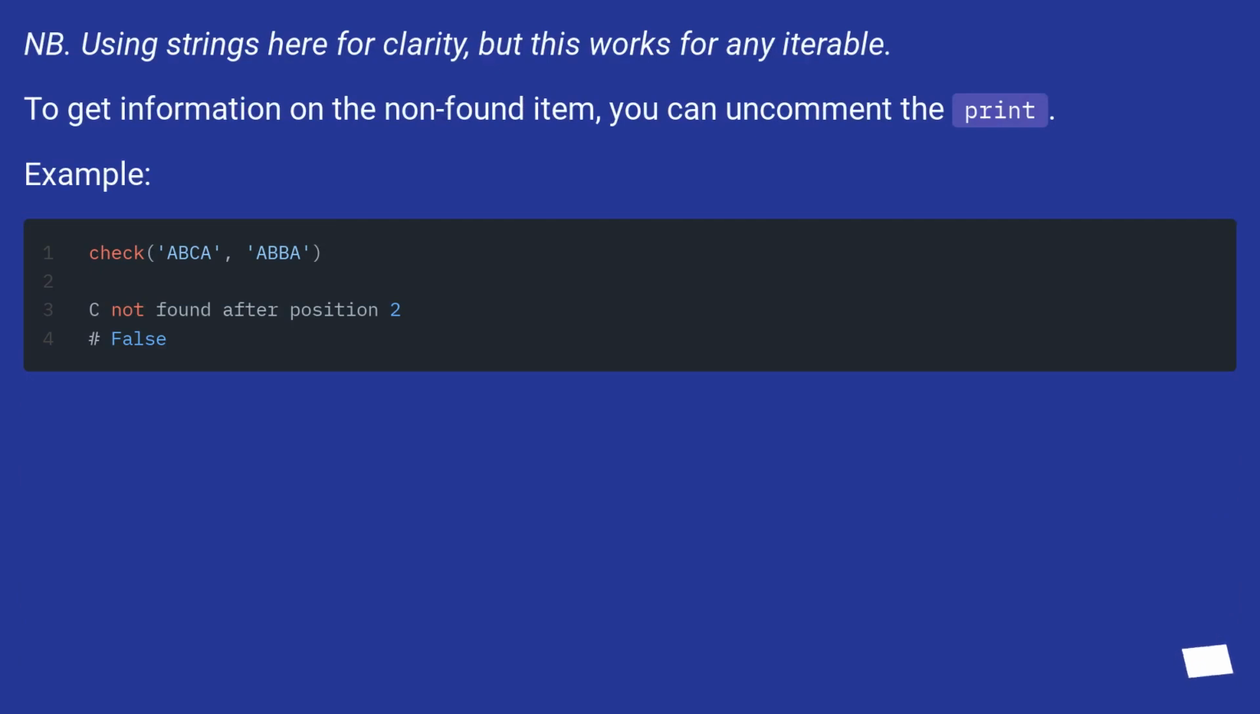NB. Using strings here for clarity, but this works for any iterable. To get information on the non-found item, you can uncomment the print. Example: